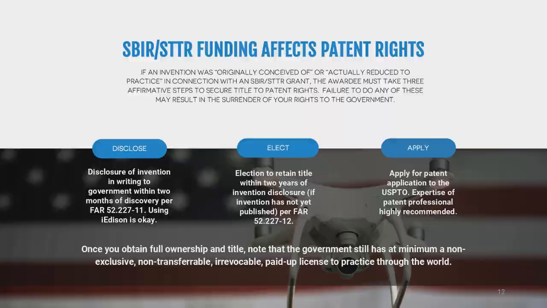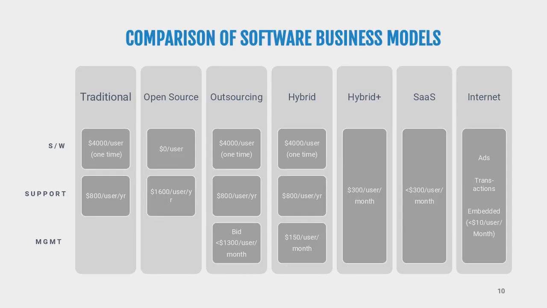I'm not going to take the time to go through this in detail. For those of you that are in the software business or have innovation that is software-based, you probably have thought about these particular models and how to build a business around software. There's a traditional model all the way through to the internet model, or even a software as a service platform model, where you're making money on the software in a different way. Like I mentioned, I won't take the time to go through this. You can go through this on your own.